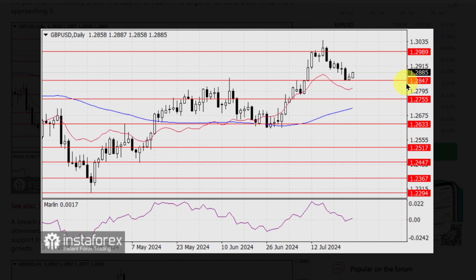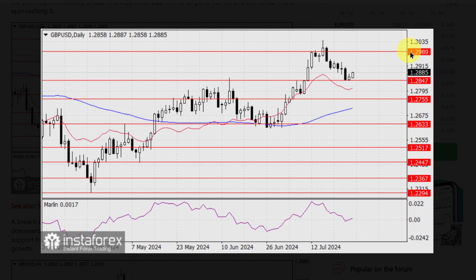However, with the FOMC meeting approaching, the pair may immediately breach the support at 1.2847, and the target would be 1.2755, and the MACD line is approaching it. A breach of this level, along with the MACD line, will be a final sign that the market has chosen a downward correction. Conversely, overcoming the resistance at